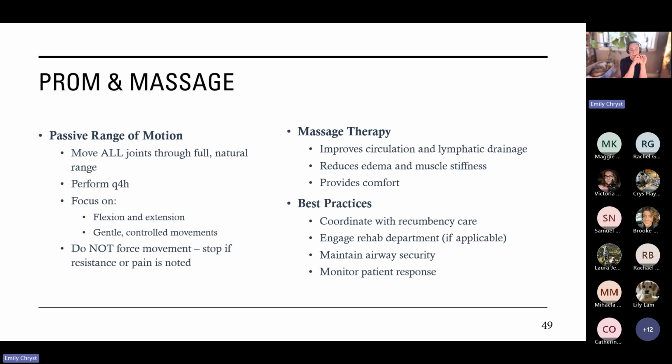This includes finger joints and toe joints, literally every joint. We're going to perform this every 4 hours, and we're going to focus on flexion and extension of those joints using gentle, controlled movements. We're not going to force movement, so we're going to stop if there's resistance, and we're going to stop if we note pain. Now, these patients are kind of in a twilight sedation, so they should still have a pain response. If you see that heart rate go up, maybe back off on your PROM a little bit for whatever joint